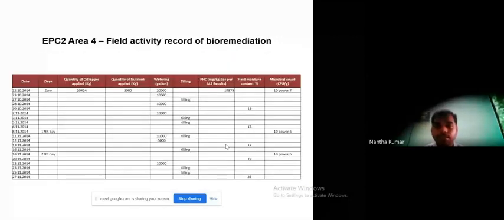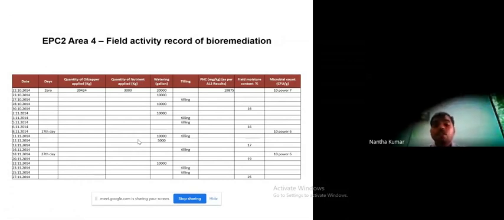Every day there is a specific bioremediation team that records the quantity of oil applied and the nutrients, because when we estimate the TPH contamination level in the soil, we again have to quantify the nutrient level.